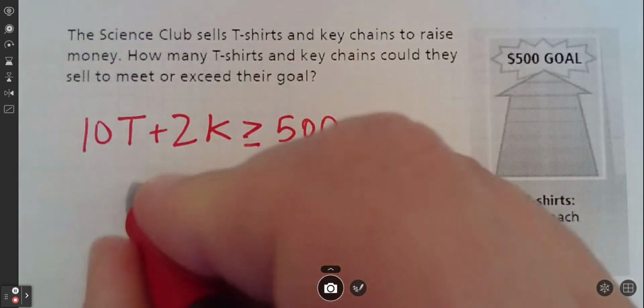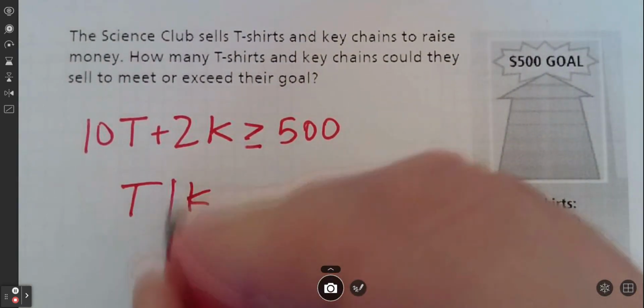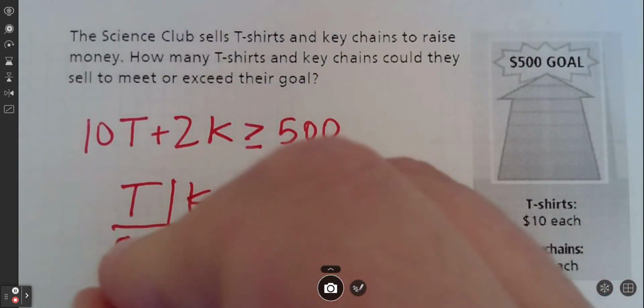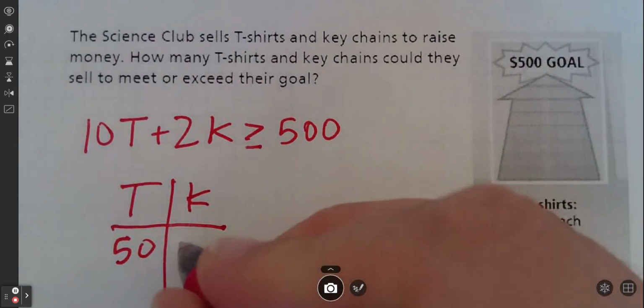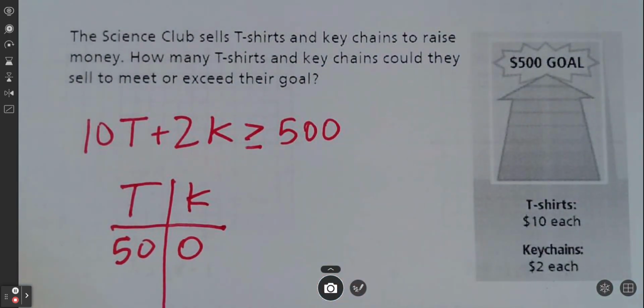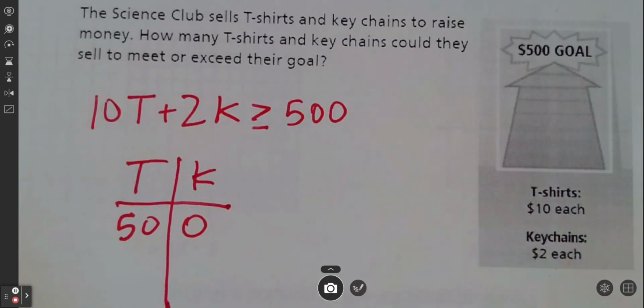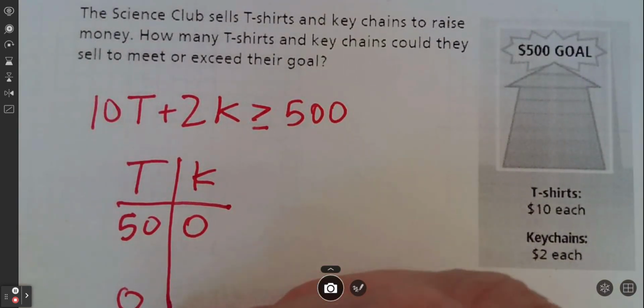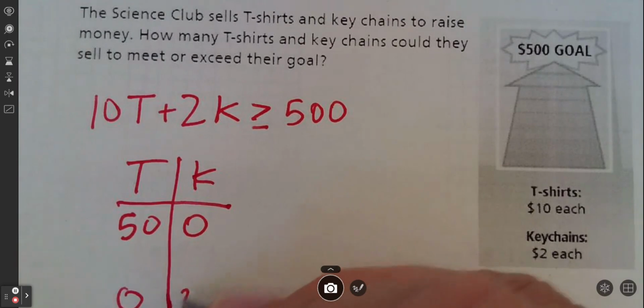Let's go ahead and do it this way. This might make more sense. So if we sold 50 of these, we could sell 0 keychains. Or how many keychains could we sell? A million. If we sold 0 t-shirts, 250. And this is kind of nice the way we just did